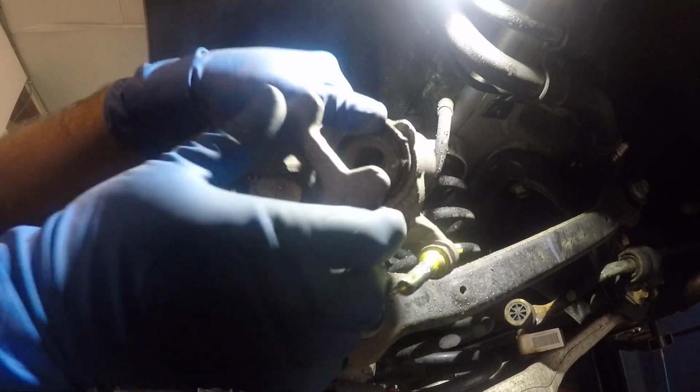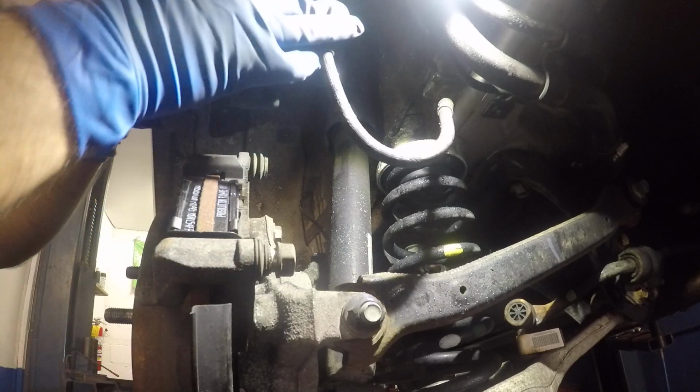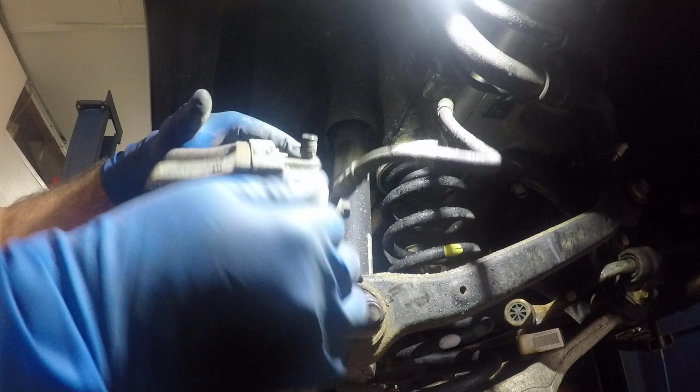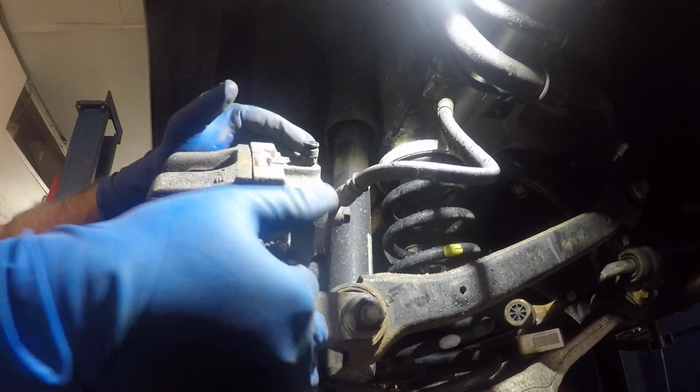So we got that piston back in the spot. What we're gonna do is we're gonna put this caliper back together and you're done. So all you do is you take that 14,